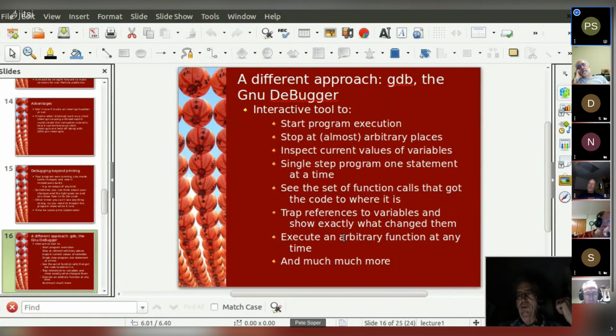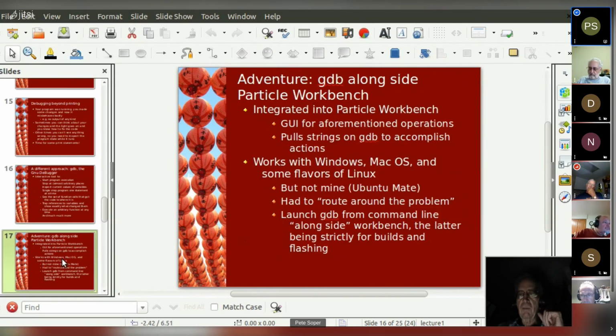In other words, you can't execute a function that cannot be reached from your current code, but that's very seldom a constraint. So you can literally have your own print statements anywhere you want them. And if you've got some functions that will dump out information about your program in a convenient form, you can execute that anytime you want to. And I find that to be quite an amazing feature.